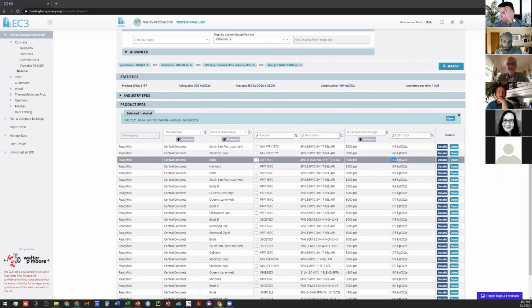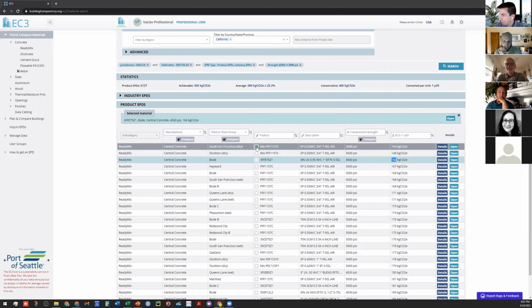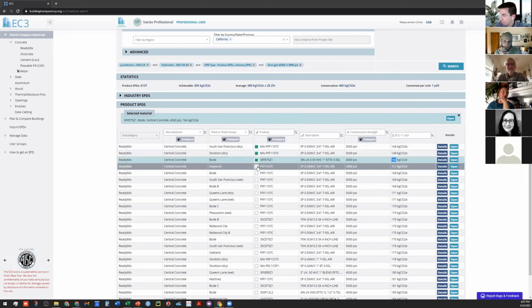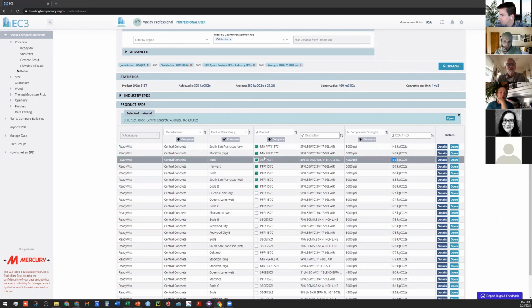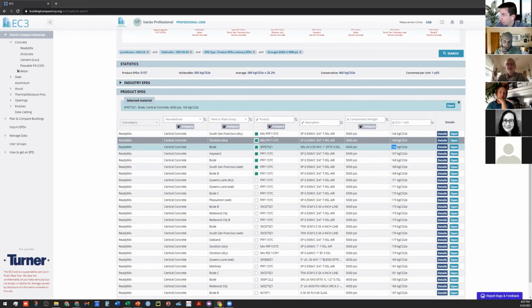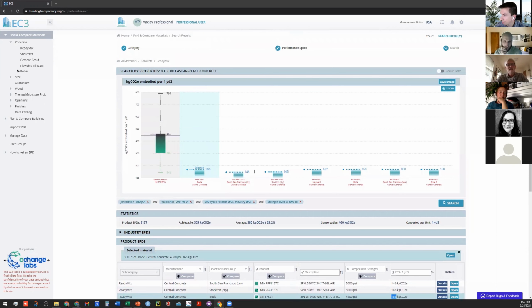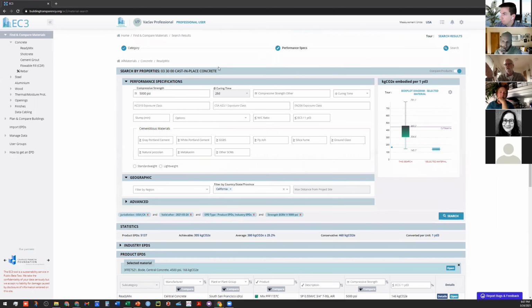You can also select the check boxes next to the product names. These will all be relatively similar, but if you click compare and scroll back to the top, it will show you how similar these types of products are. My guess is if you filled out more of the parameters, like how much steel you need or what the slump is, you would be looking at fewer results, because some of them meet some criteria and not others. So if you filled out everything, it would probably give you fewer choices for that really low carbon concrete, right?